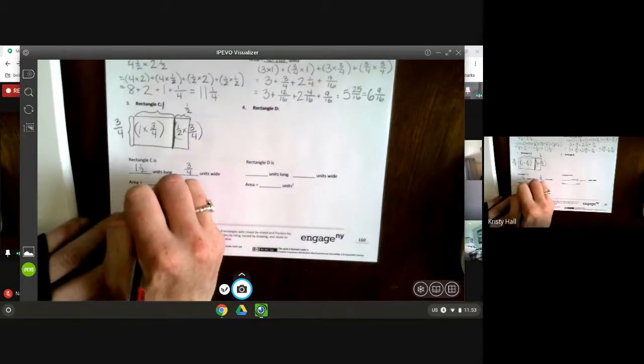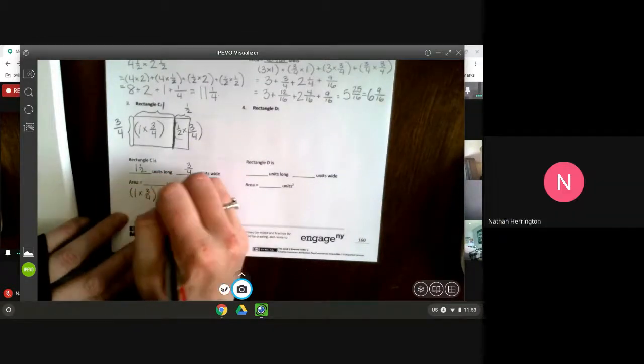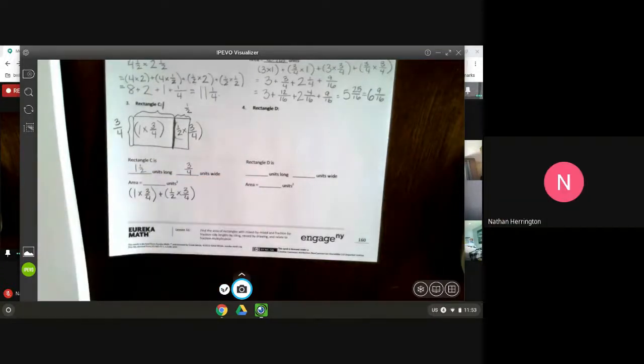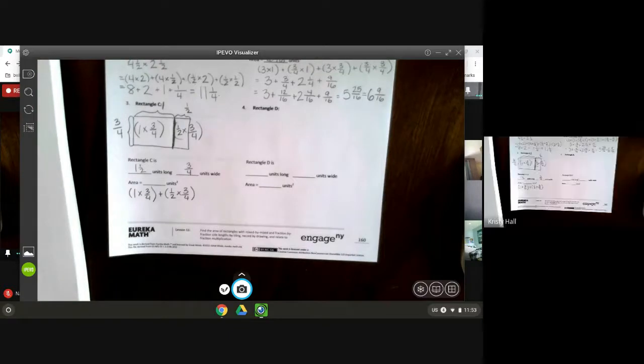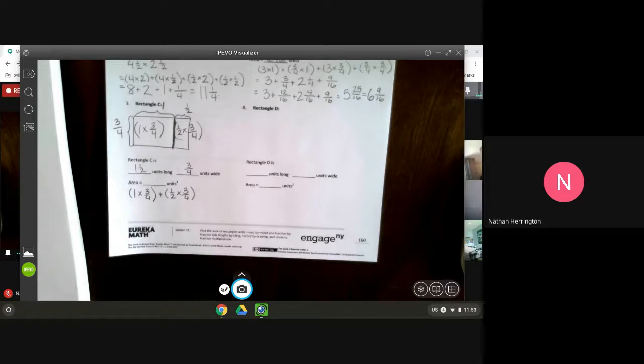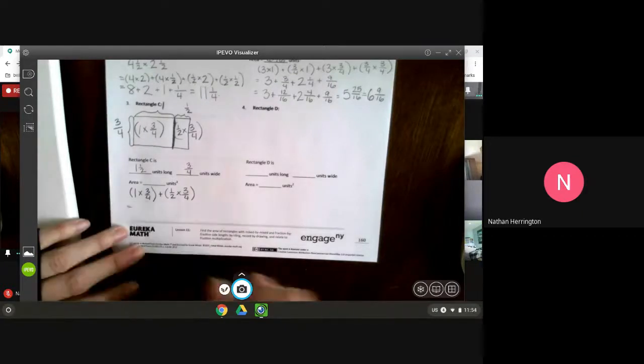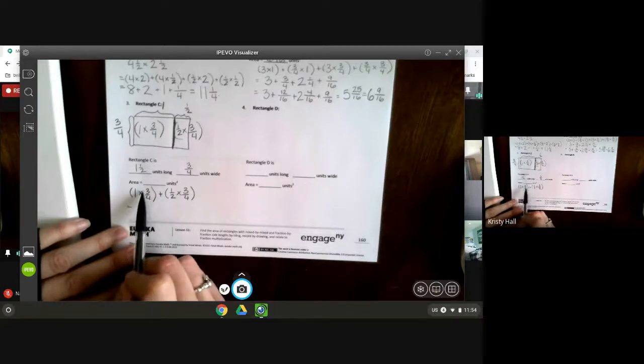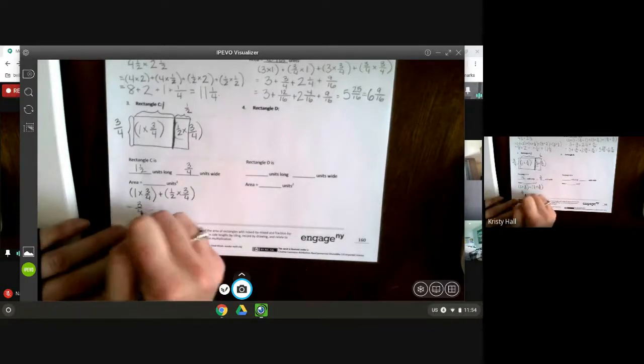So 1 times 3/4 plus 1/2 times 3/4. So if I multiply 1 times 3/4, remember 1 times anything, it just stays the same. So that's 3/4 plus,